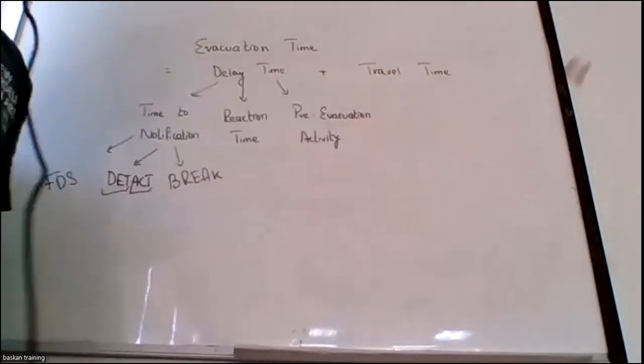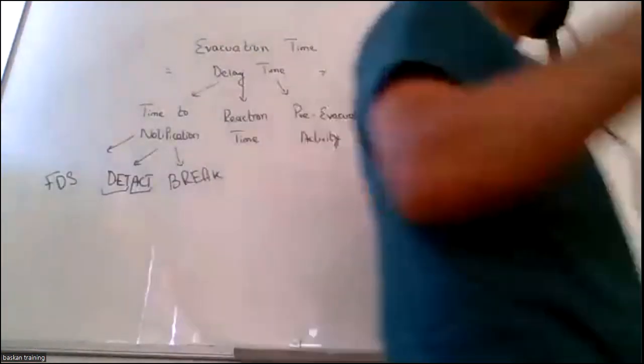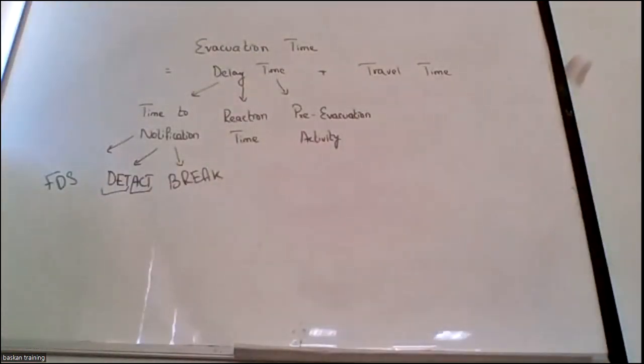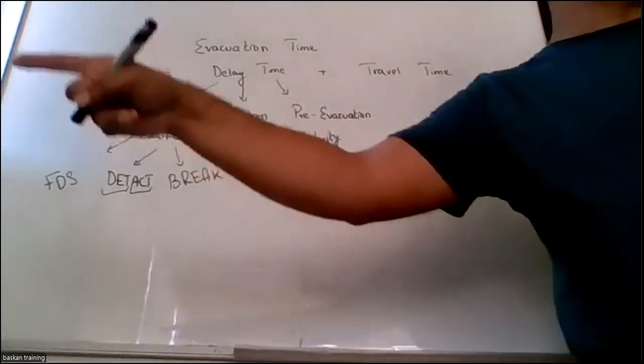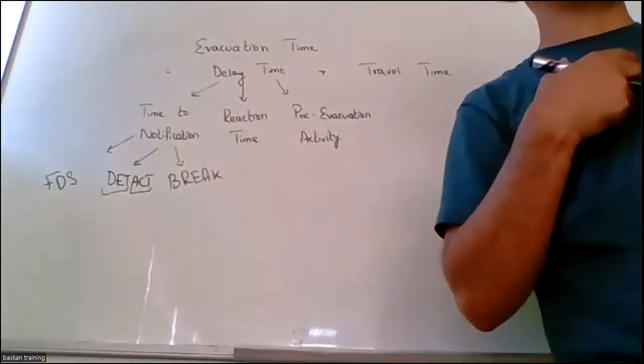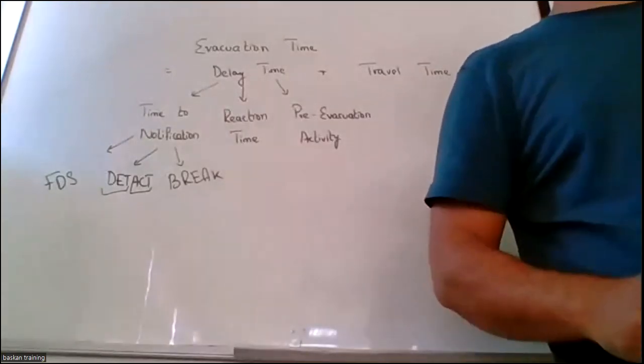But when we are saying that travel time is not a part of delay time, why? Because we have already started travel towards the exit discharge. But is the travel time equal to the required safety egress time? Not possible. Why? Because in travel time also there are challenges. I am healthy, I can evacuate much more quickly. Three months back, I was healthy. God forbid, today I have an injury.